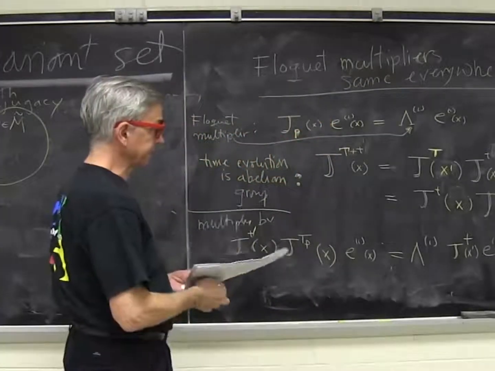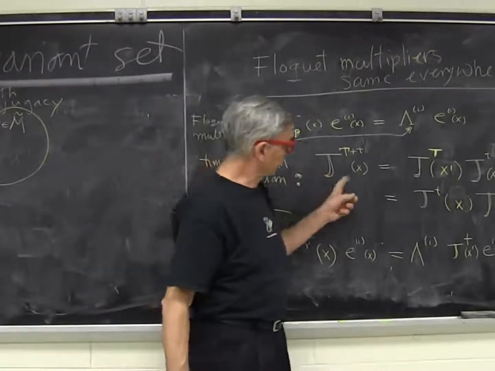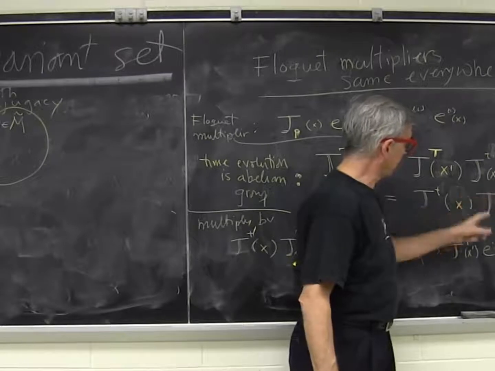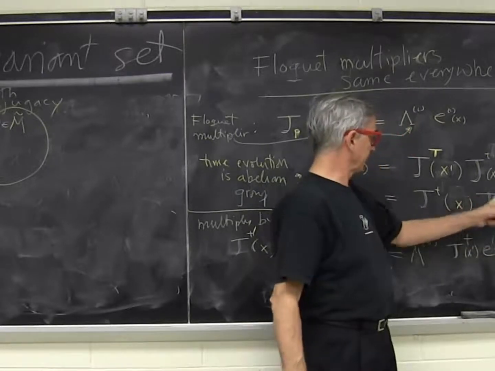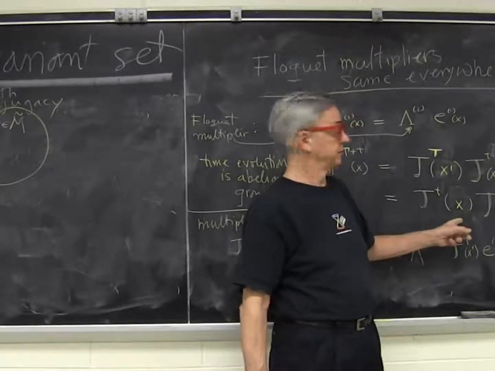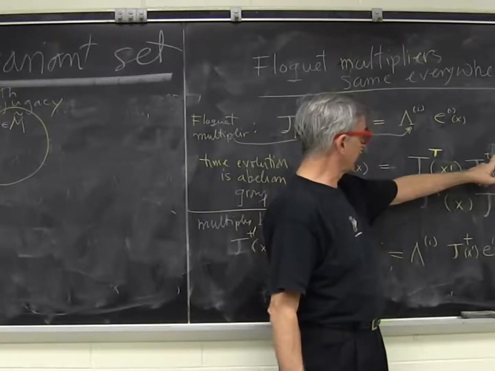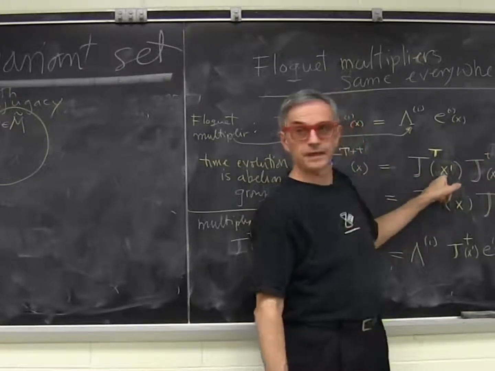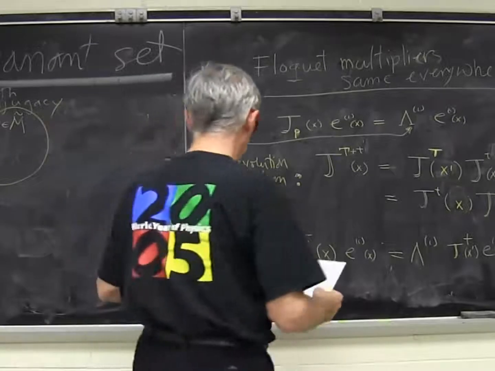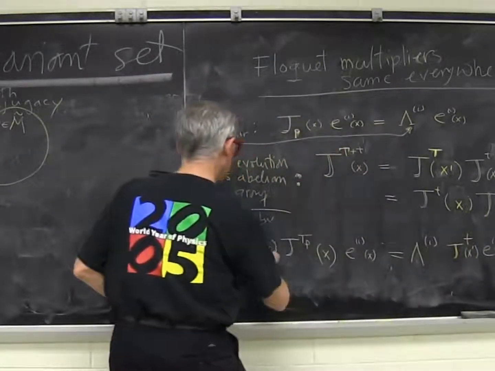Okay, so I'll let you digest this for a while. The point is, because the orbit is periodic, I end up at the initial point after period T. So here I advance from the initial point. But I can rewrite this as initial point going finite time and then the whole period at x prime. That's the whole trick. So I multiply these using this formula.